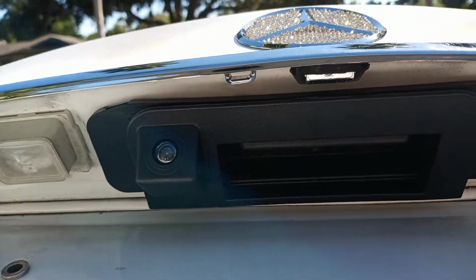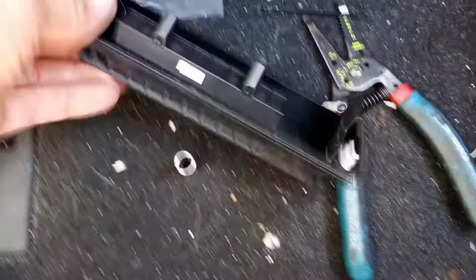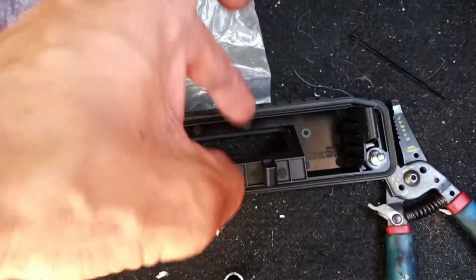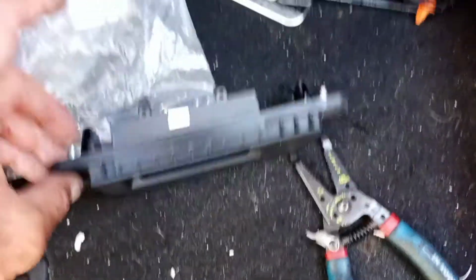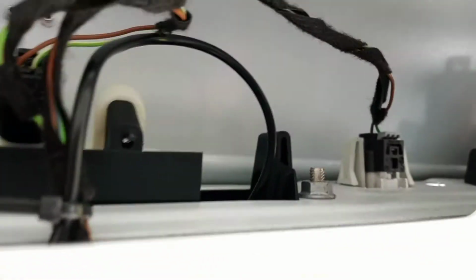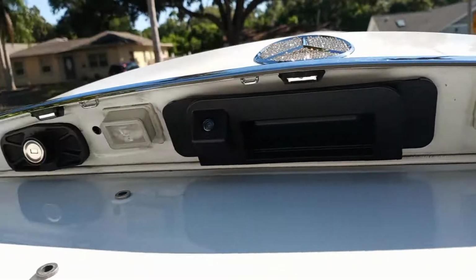There's the rear camera. You do have to remove the whole handle, disassemble. Here's the factory handle, right there. You basically just have two little Torx. The button that unlatches it, you'll screw it on, screws right back in. Two screws up in here. 1, 2, and then these little spring latches both sides. In order to get to that, you do have to remove that black piece of trim